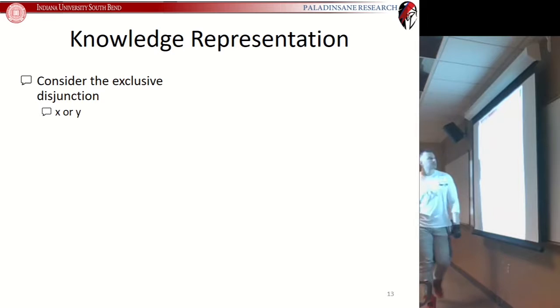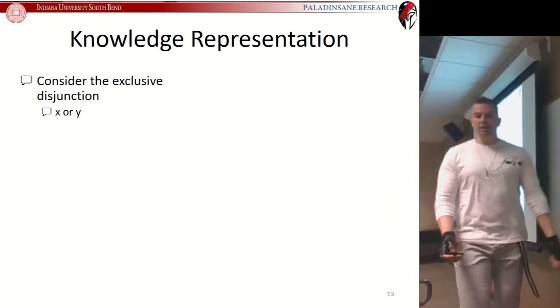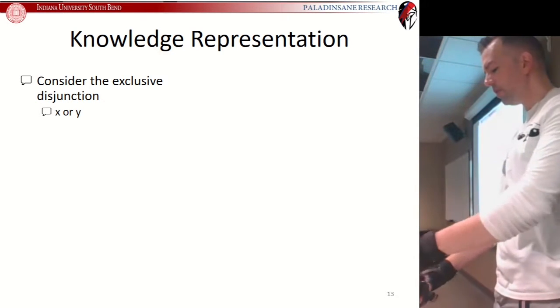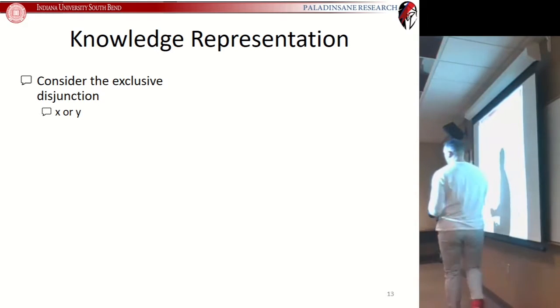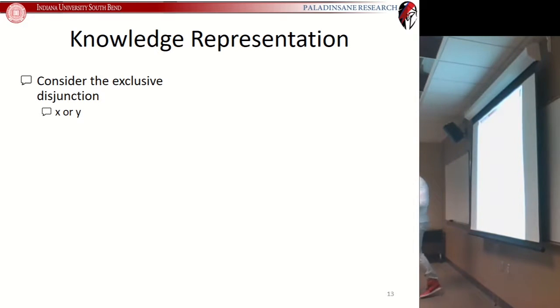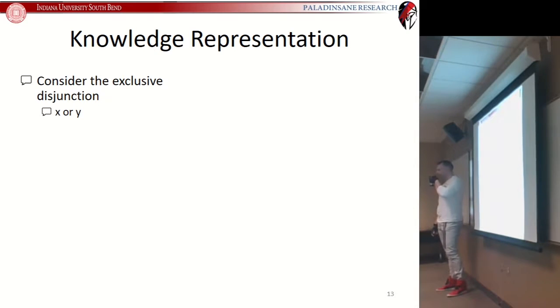All right, knowledge representation. So we're going to take a look at how you could possibly represent this piece of knowledge that you have, which is the exclusive disjunction X or Y. So we have this piece of knowledge. We know how to